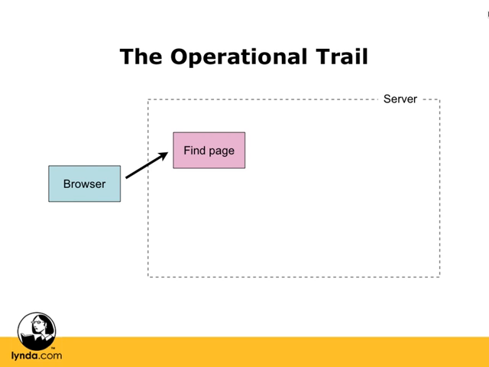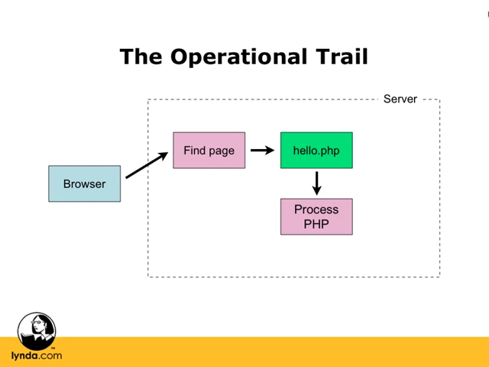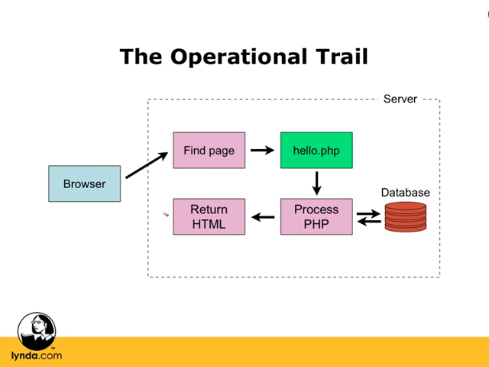That page will then be located on our hard drive, which would be hello.php. Then, because it has the .php extension, it tells the server that it needs to process that as PHP and look for those PHP tags in there. Now, later we'll be talking about databases. This is the point at which the web server would be instructed by PHP to access our database. And it might send data to the database, receive data from the database, maybe go back and forth while it's processing the PHP. And then in the end, it would put together HTML, which it would return to the user's